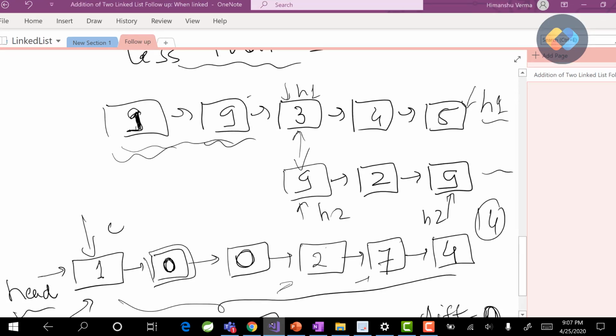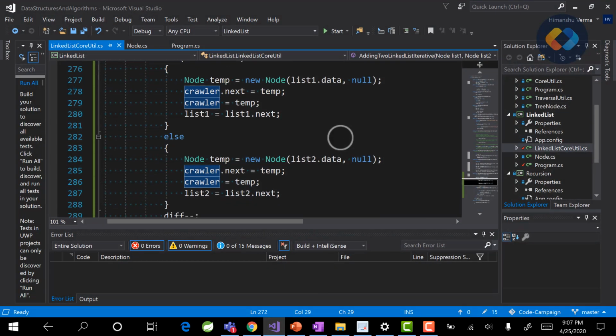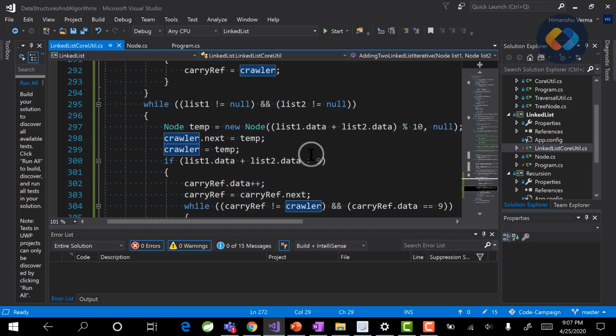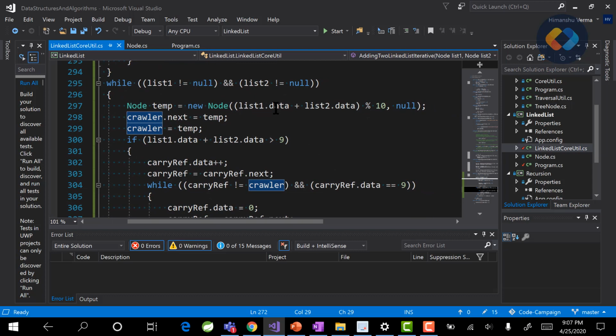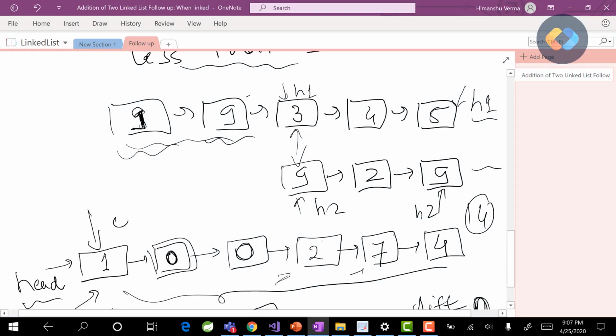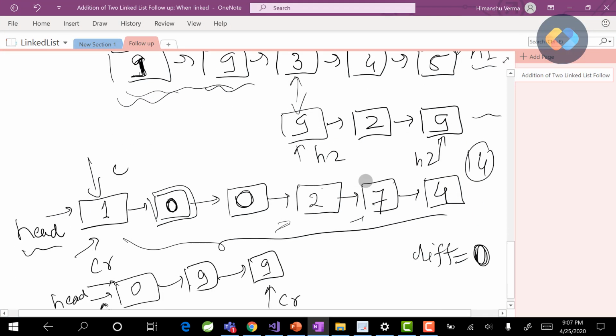So let's see that logic. After our diff becomes 0, this for loop will start, and this for loop will run until both of the list pointers become null, which means we reach the end of the list. And let's see what we are doing here. So we are taking the values from both of the nodes and creating a new node. So that's what we were doing here. We were taking the value of both of the nodes and creating a new node, and this value will become 12 modulo 10, so this will be 2.